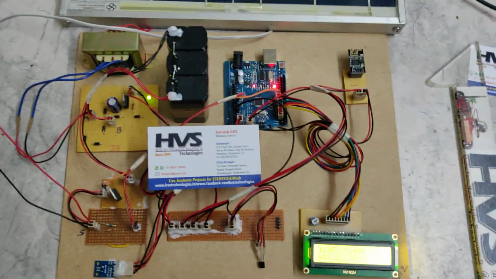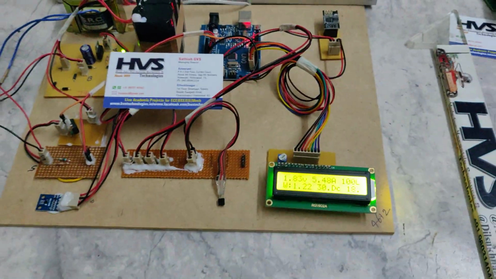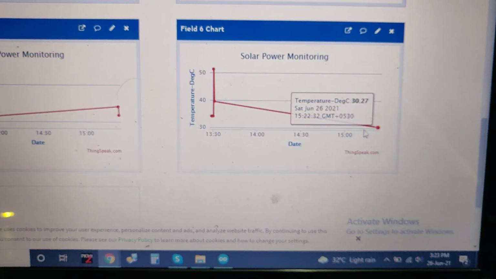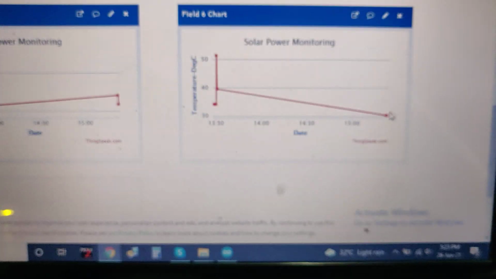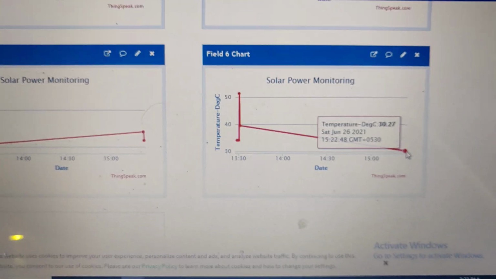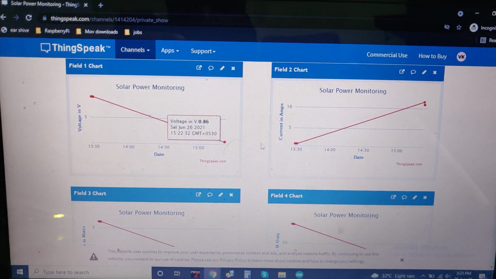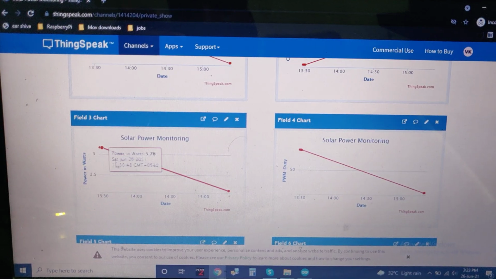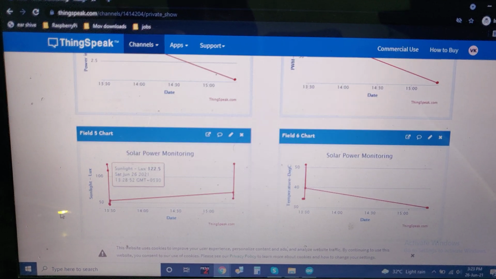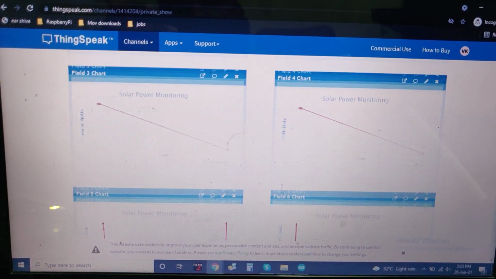Now just log into thingspeak.com with your credentials. So just log in. There we can see the live data uploading. You can see the PM now, the same data is coming here. These are the 6 parameters we are getting: voltage in V, current in amperes, power in watts, PWM duty cycle, how much percentage it's controlling, sunlight in lux, and temperature in degrees centigrade.